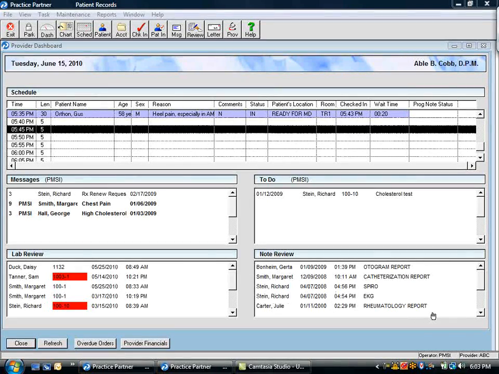I will demonstrate to you how to quickly and efficiently document an exam for a patient, Gus Worthon, who is complaining of heel pain. We can see on the provider dashboard that the patient is ready to be seen by the doctor in room 1. We'll access the chart,